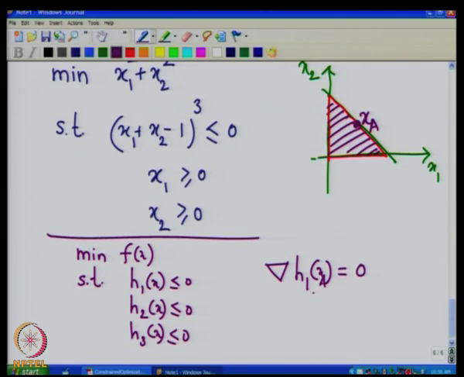So, once we have a 0 vector, if we start looking at the set of feasible directions at x a, and then represent them using the set that we saw earlier,